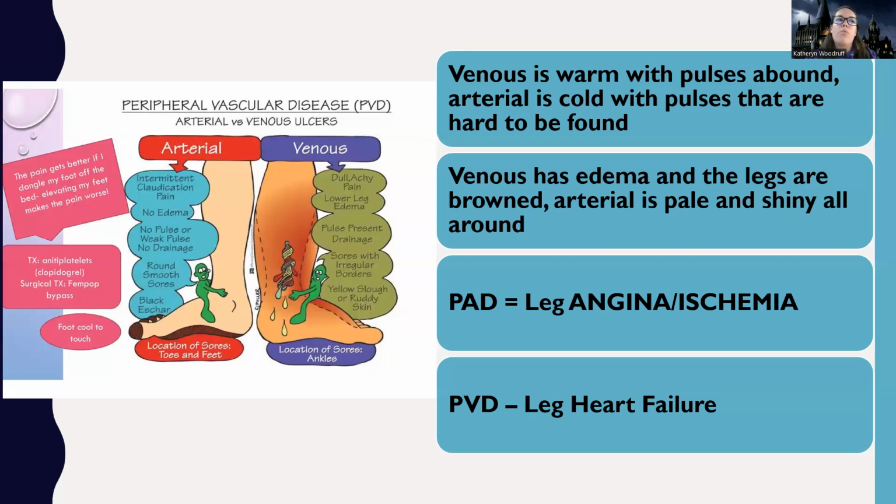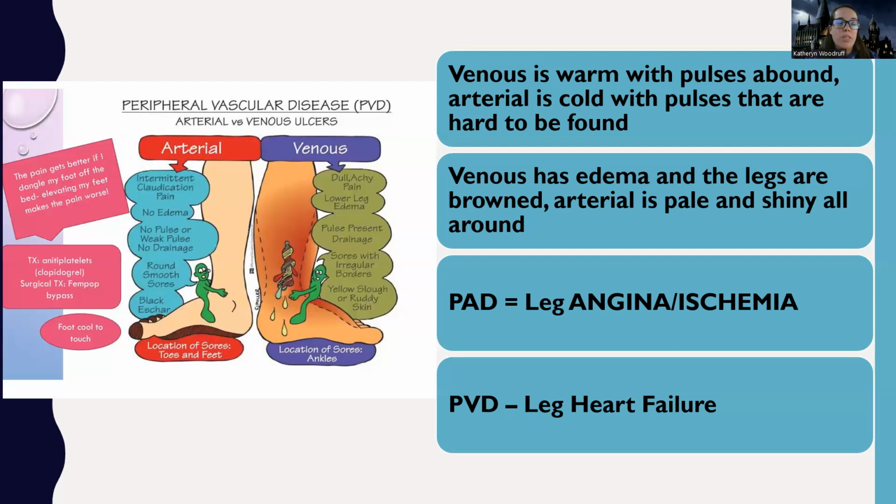And so they more likely are going to have that black eschar stuff on there. It's going to be on their toes, their feet, etc. It can be around their ankles as well. But it's literally dead tissue. The tissues are like, hey, I'm not getting oxygen, I cannot heal. And when they get ulcers, they tend to be round and smooth